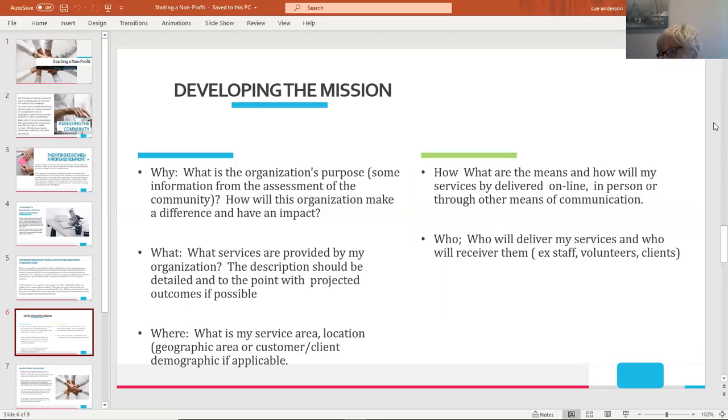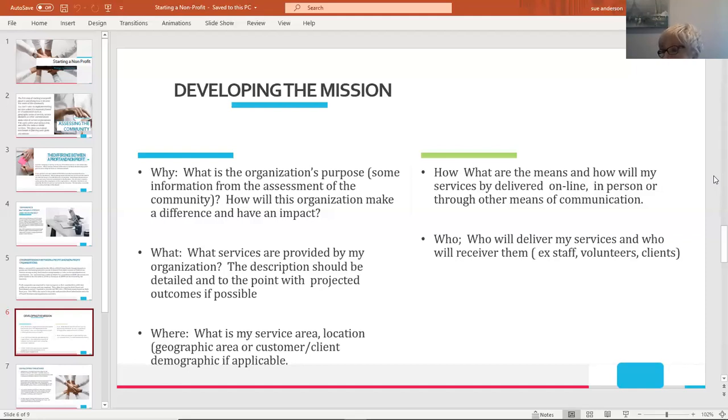The other thing is, where are these services going to be provided? Are they going to be provided within, say, a certain community neighborhood? Are they going to be provided to a certain demographic, like children or veterans or whatever? So you want to be real clear, because people need to understand who can apply for those services and what the process is. And then how are the services going to be delivered, which is what I mean when I say process. Are they going to be provided online? Are you going to have a building that people can come into and apply for those services?